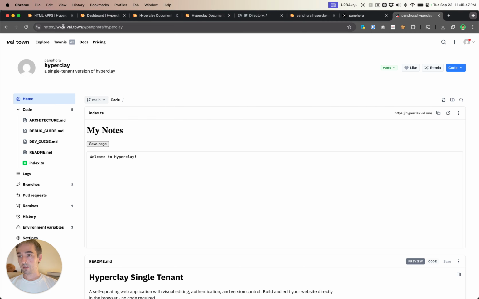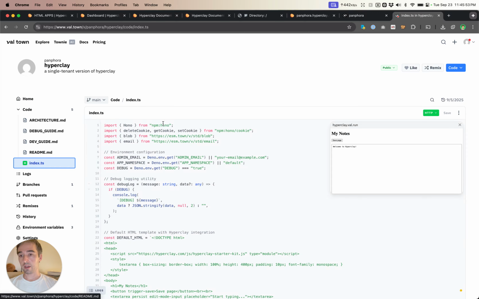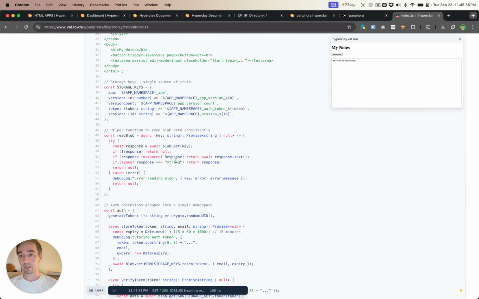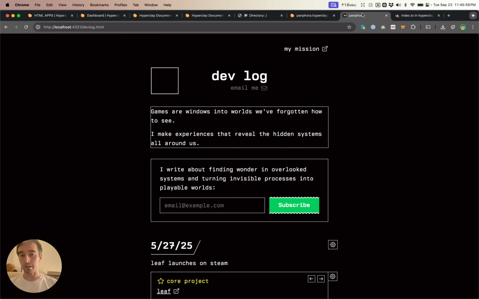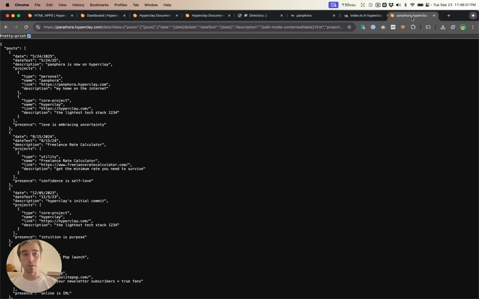This is a platform for creating full stack applications very easily. And we have an open source version of Hyperclay on there where you can use Valtown's own authentication. Another example,